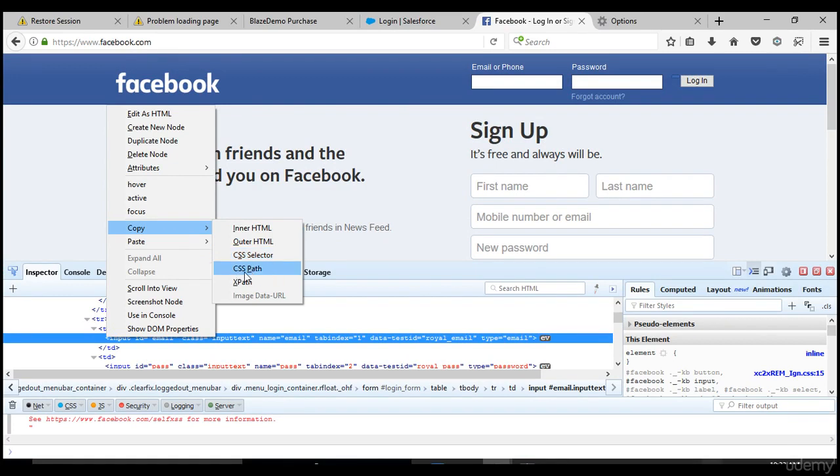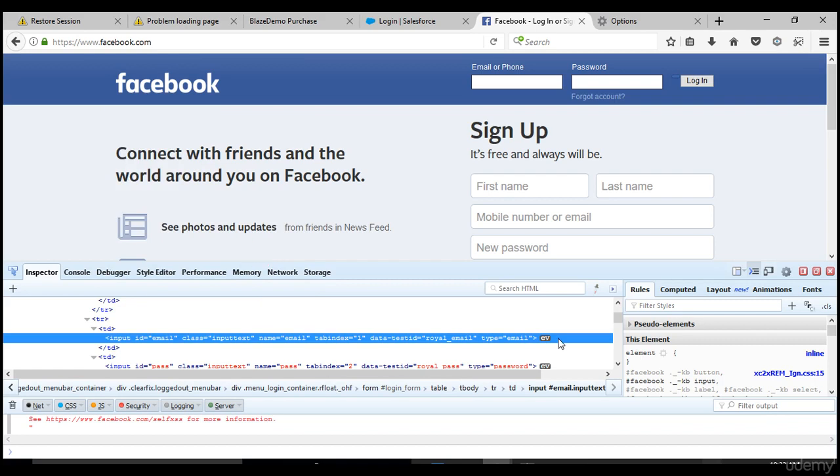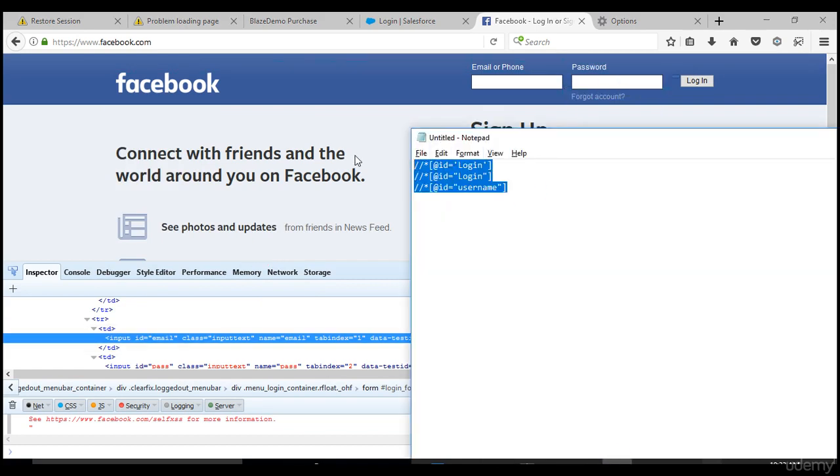Don't select the CSS path, select this one, CSS selector. That's it, and just paste it here. This is your CSS. It's so simple, right? Hash and email. I'll tell you how the CSS syntax looks, and everything we'll talk on in the customized section. So for now, it's so simple.